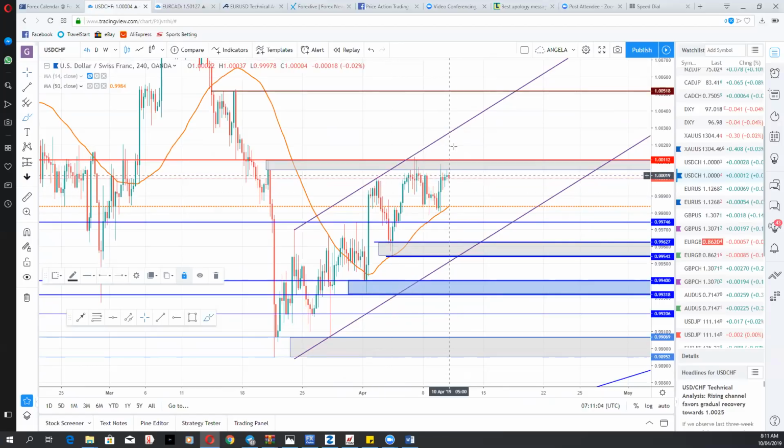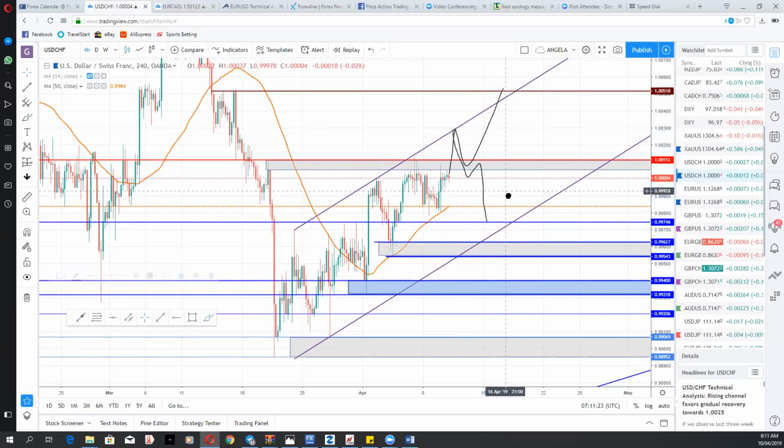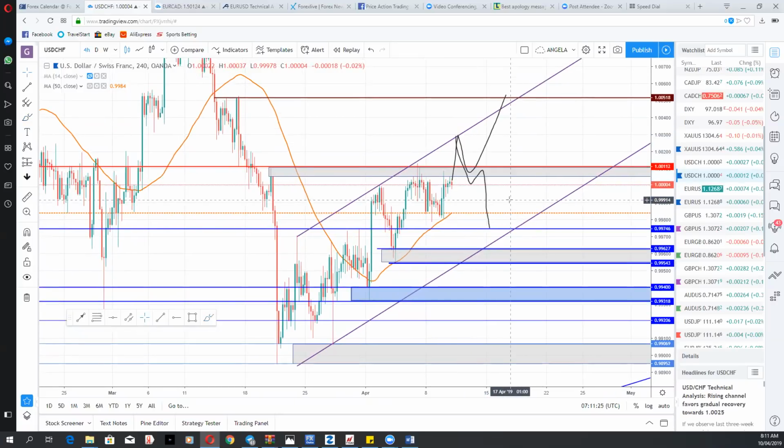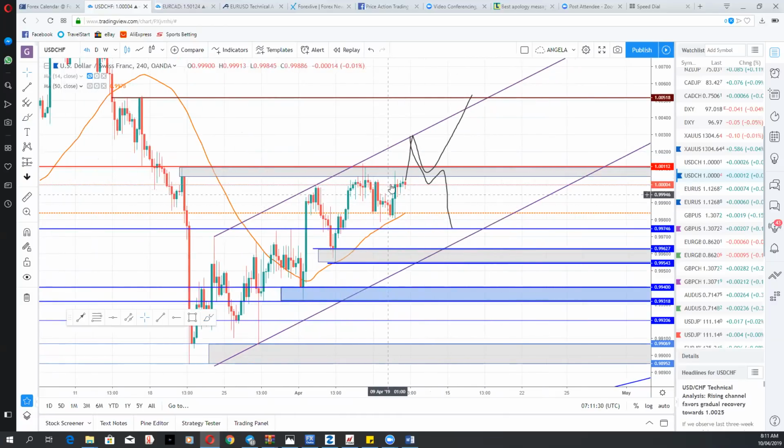Should price break above here, you may see it have a little bit of challenge. If it comes down and finds support here, then it will move higher. But should it come down and fall below that, that area fails to hold that support, then we may see a move down. So that is the likely outcome for USDCHF, which has been kind of ranging, hasn't had any meaningful move.